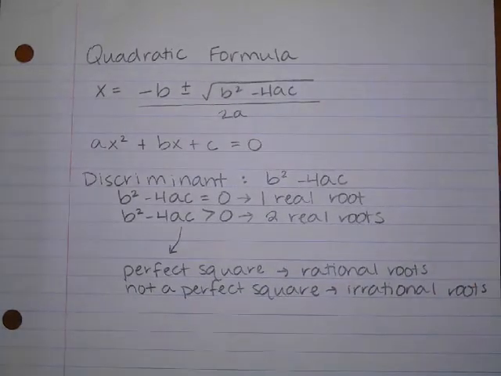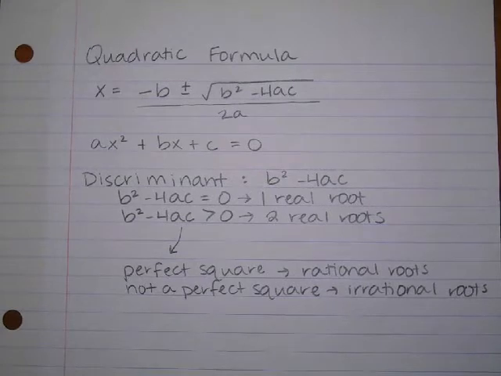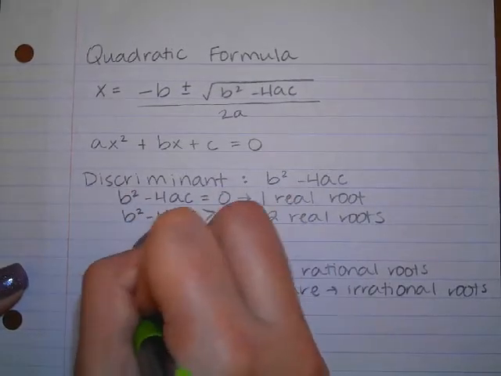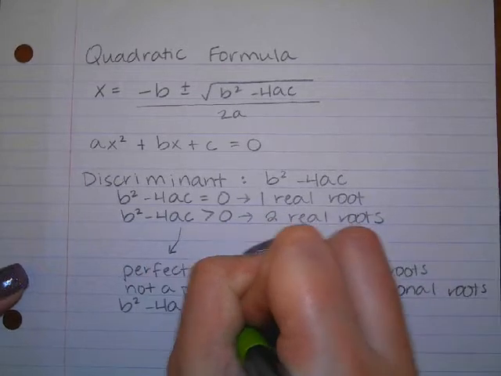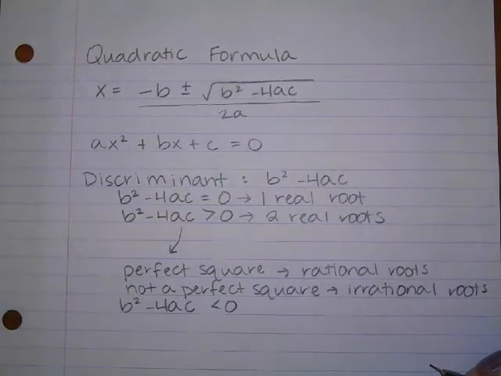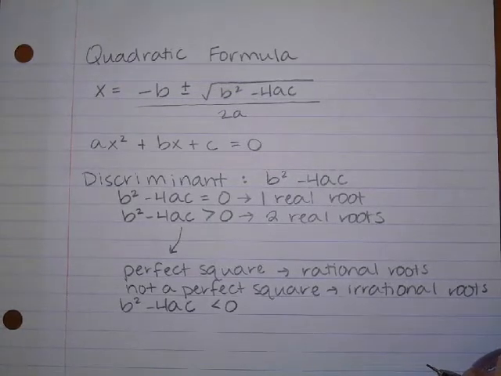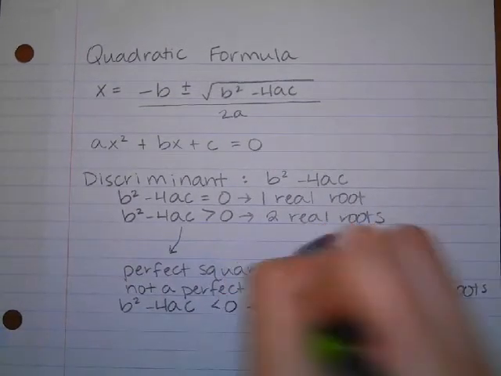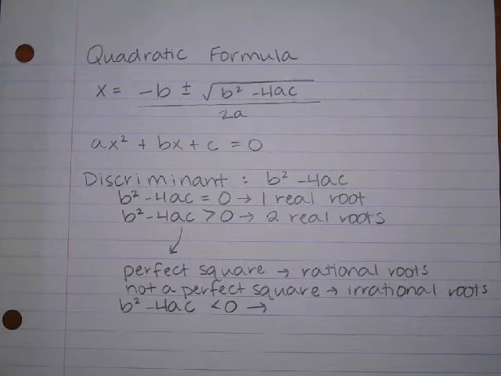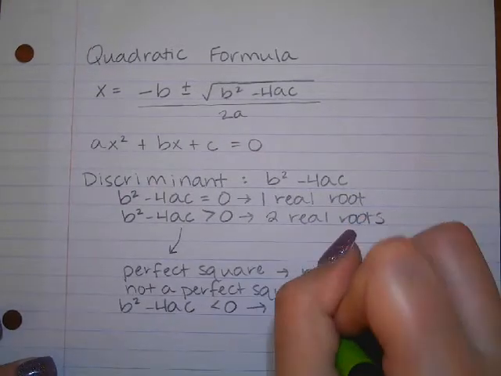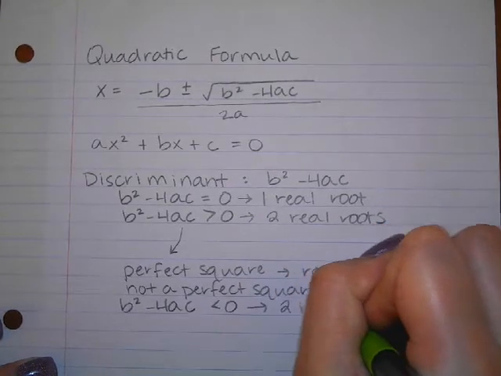So if the discriminant equals 0, you've got one answer. If the discriminant is positive, you've got 2 answers. If the discriminant is negative, that means you're taking the square root of a negative number. And what happens when you take the square root of a negative number? It becomes imaginary. So we're going to say you still have 2 answers, but they're fake. So that's cool. We say 2 imaginary